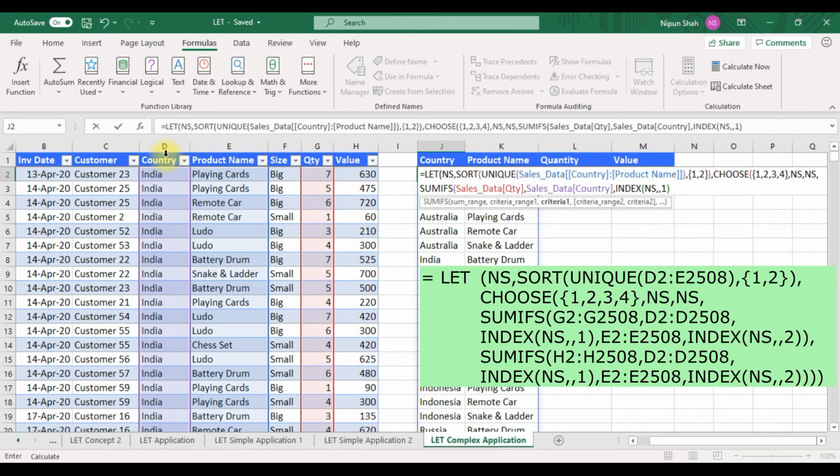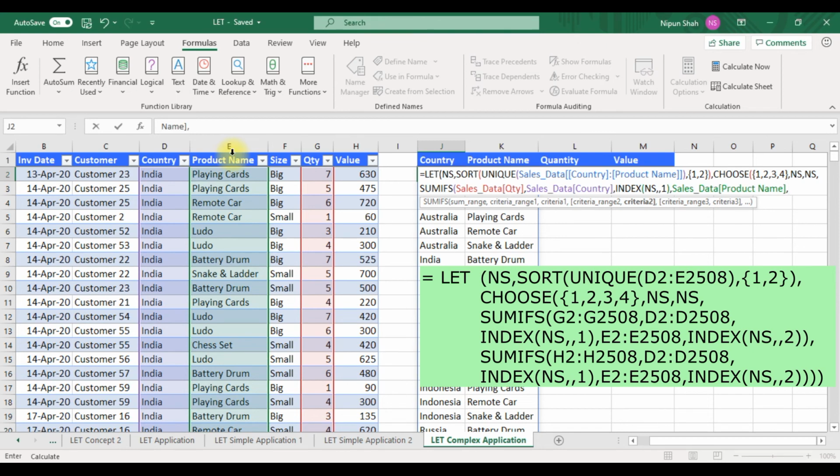Close index, comma. My criteria range 2 is my product name, comma. Criteria 2 will be determined by the index function. Index ns, leave the row number blank and fetch second column. Close index, close SUMIFS.